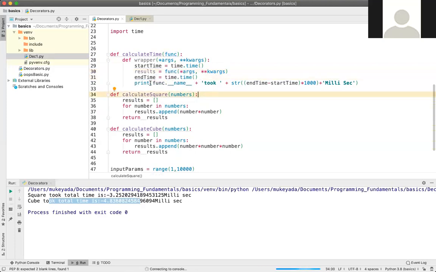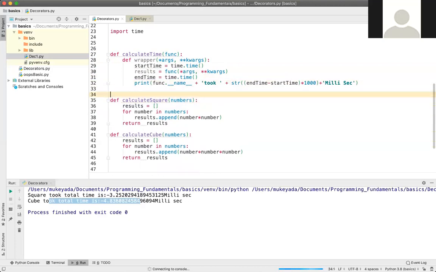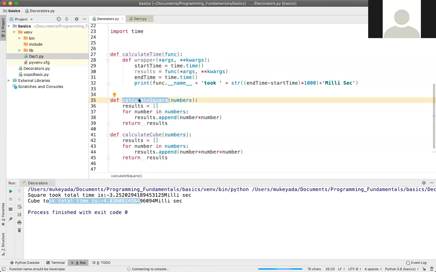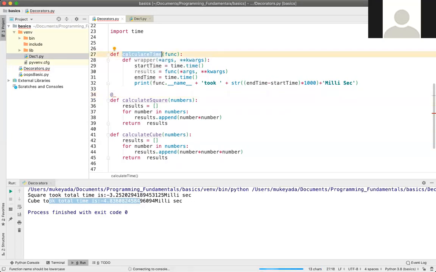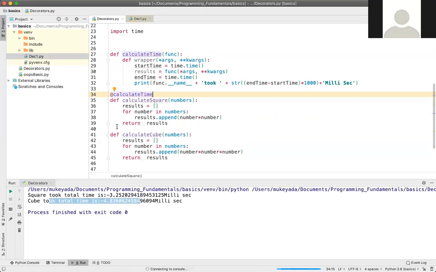So guys, if you remember in my previous example, I told you this is the function which is going to modify. So we need to make it a decorator with the at the rate symbol. Calculate time is the function which is going to do the decoration part. Same here, at the rate.